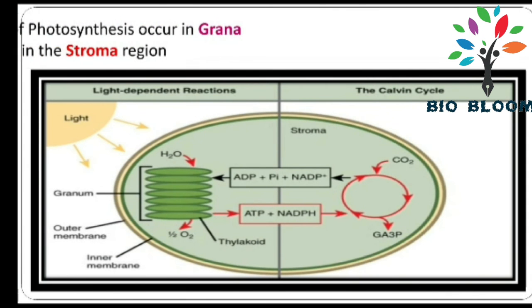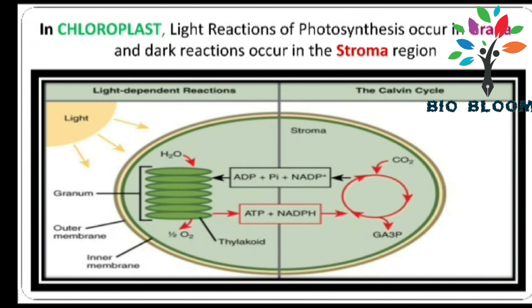We all studied in the previous chapter also that the chloroplast is important for the process of photosynthesis, and it is clear in this chapter that inside the chloroplast, the two phases of photosynthesis are taking place. Here you see the light dependent reactions, they occur in the grana. Grana means the piled up thylakoids; granum is singular, and plural is grana. On the other side, it is given as the Calvin cycle. It is nothing but the dark reaction, that is, the light independent reaction.